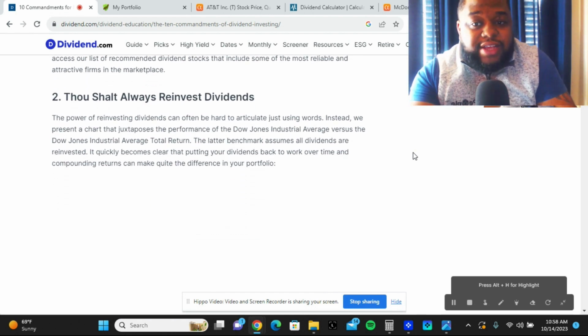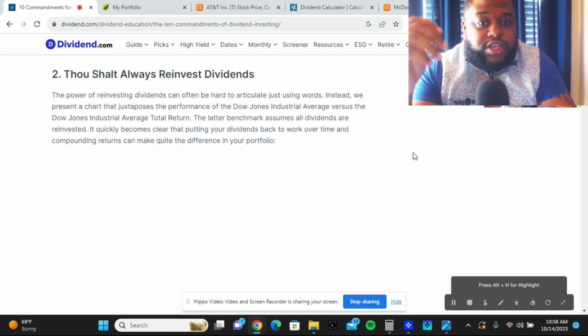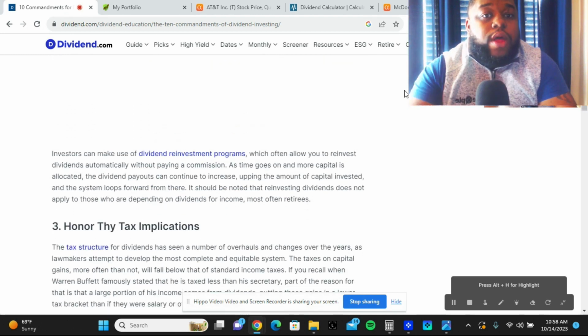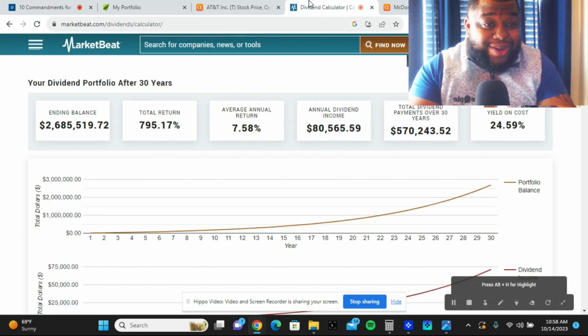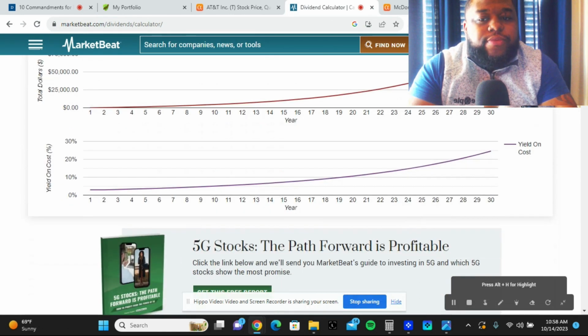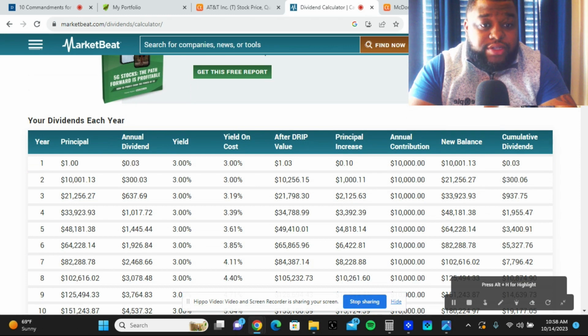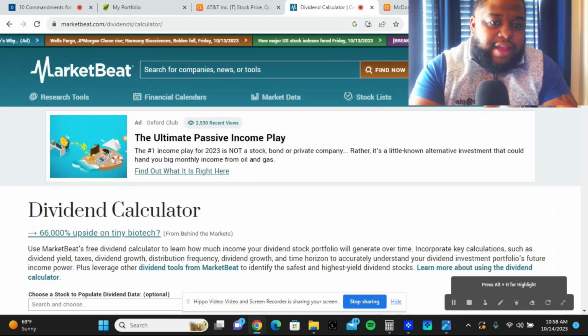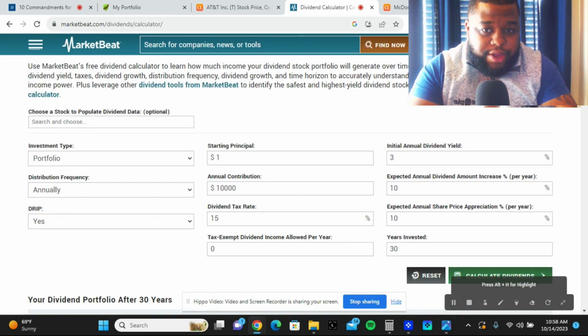Commandment number two: Thou shalt always reinvest your dividends. So the power of reinvesting your dividends can often be hard to articulate by words. And so I have a calculator. So I set it up for you. When you first start out as a dividend growth investor, I did it at $10,000 per year. But let's just say